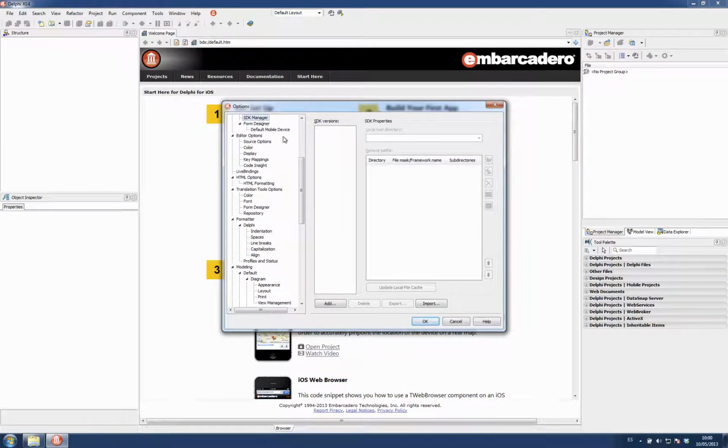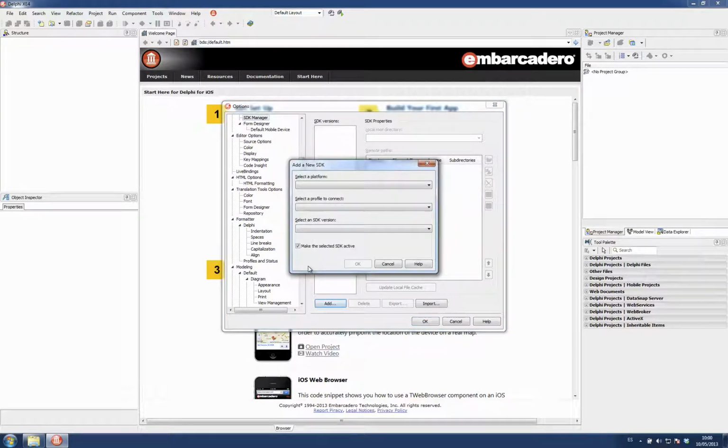It's called SDK Manager, and this tool allows you to add these SDKs that are available for compiling. So to add an SDK, you have several options. The first one is to add it directly here, and you have to select for which platform that SDK is. At this moment, we are only supporting iOS device and OS X. For example, for iOS device,